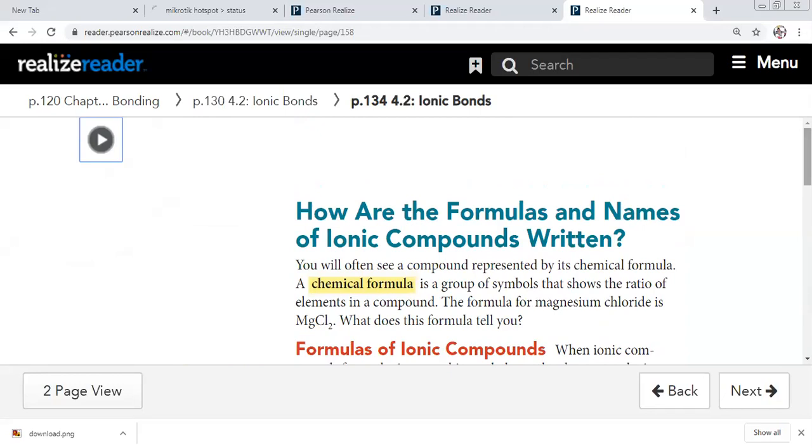Please open your book on page 134. Today, inshallah, we'll talk about how